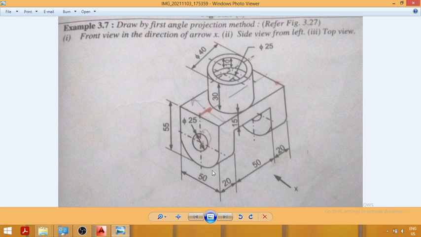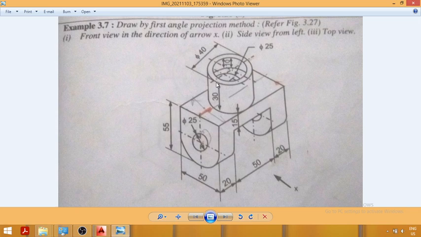Before beginning with the projection drawing, first we will identify the given dimensions of the object. Now you can see for this object the length is equal to 20 plus 50 plus 20. So the total length of the object, that is the distance from this point to this end point, is equal to 20 plus 50 plus 20. Similarly, the total width of the object is equal to 50 mm. You can see here the total width of the object is given as 50 mm. So this is the width, that is equal to 50 mm, and the length is equal to 90 mm, 20 plus 50 plus 20.